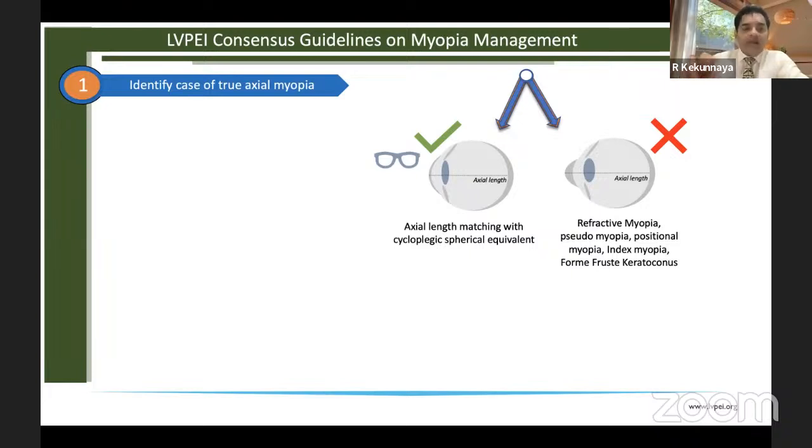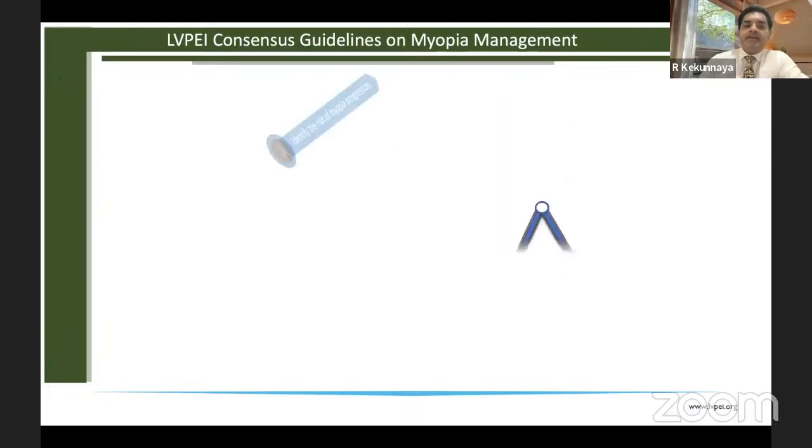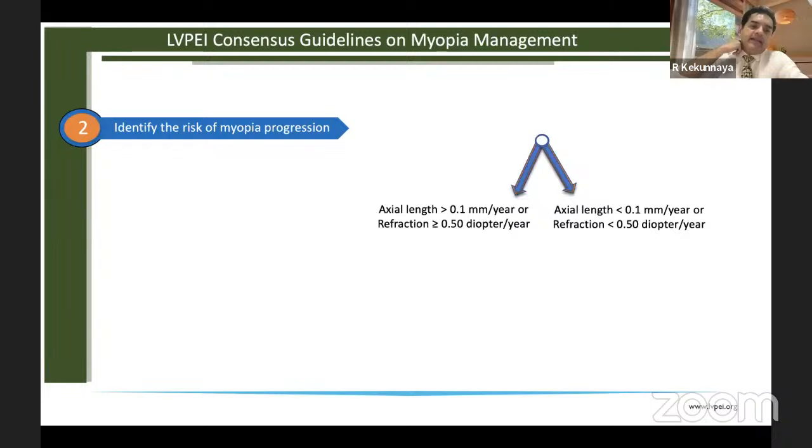It may look very simple, but this is the most important factor: true axial myopia, which is not syndromic. That's the first step in identifying the treatment armamentarium for myopia. The second thing is to identify the risk factors for myopia progression. When you call it progression, it's axial length progressing more than 0.1 millimeter per year, or refraction going more than 0.5